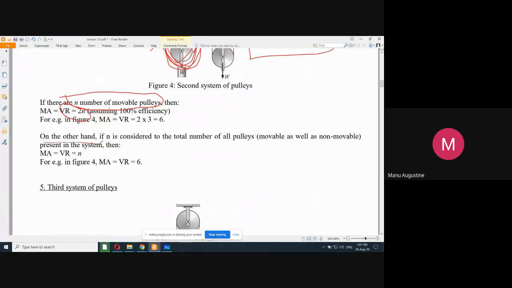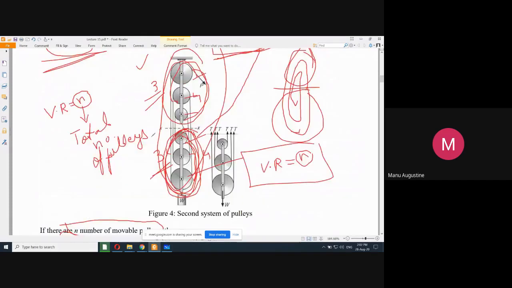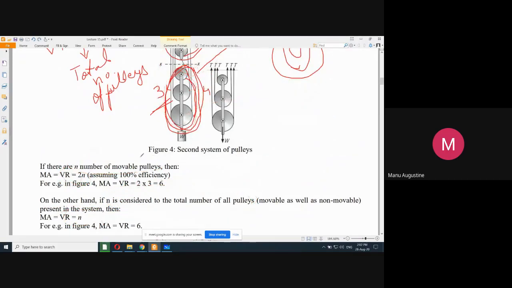On the other hand, if n is considered to be the total number of all pulleys, movable as well as non-movable, then velocity ratio is simply given by n। तो आप इन दोनों में से कोई एक डेफिनेशन को अडॉप्ट कर लो और उसको याद कर लो, दोनों एक साथ लिखने की जरूरत नहीं है। When you write it in the exam, you explain कि n को क्या ले रहे हो, ये बता करके फिर अपना फॉर्मूला लिख दो, इनमें से कोई सा भी एक, ठीक है।